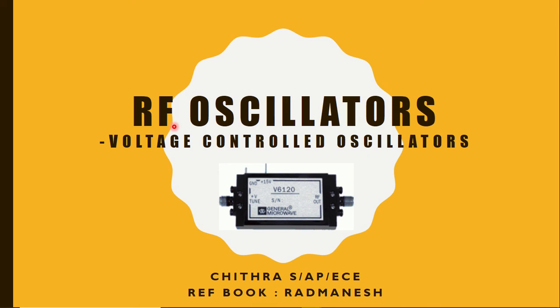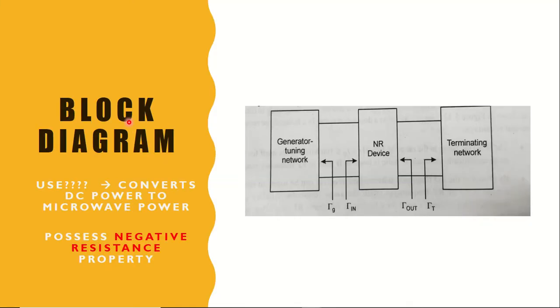So to generate such high frequencies, that is where we talk about voltage controlled oscillators. We first try to generate oscillations, and by controlling or tuning the voltage values, we bring out oscillations which are in the RF and microwave ranges. So I once again repeat, we initially generate the oscillations by altering the characteristics of certain devices, and once oscillations have been produced, we tune or adjust the voltage so that the frequency of oscillation lies in the RF or microwave range.